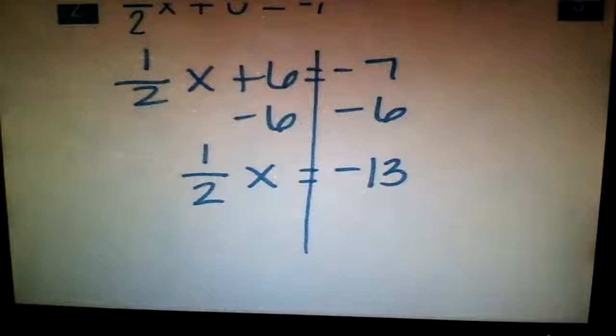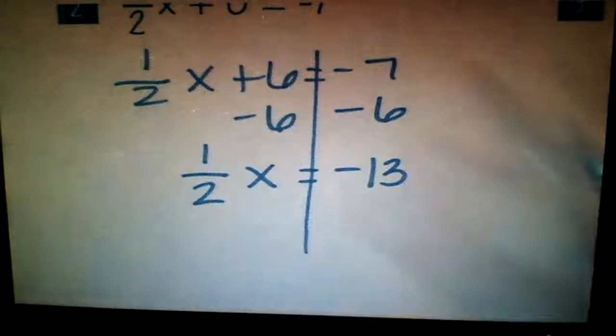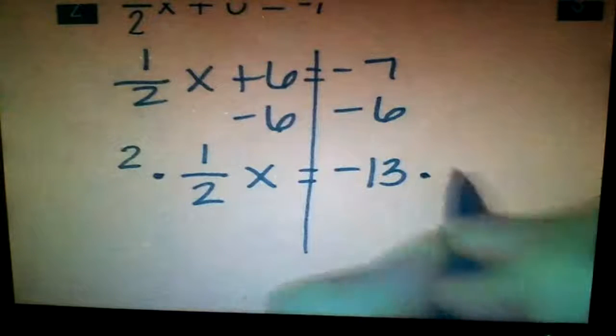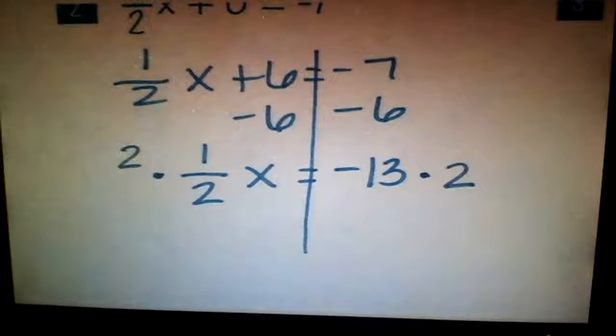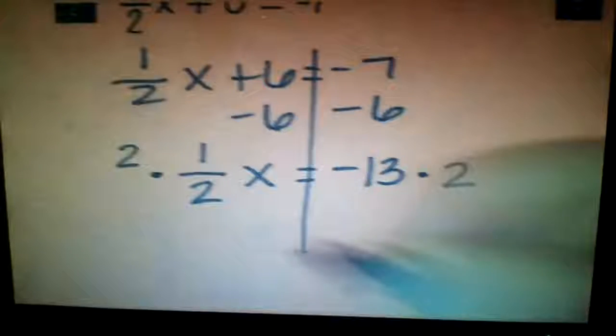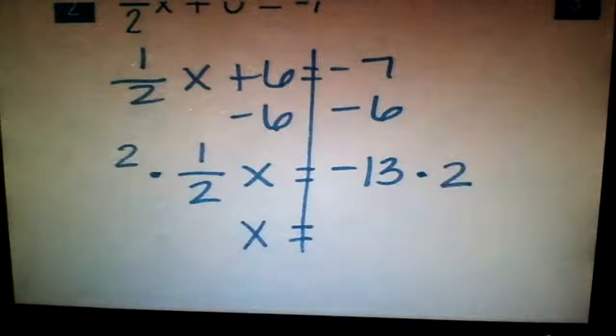I don't care how your brain works. I just need you to get the right answer. How do I get rid of that 1/2 now? Multiply by the reciprocal. So that means I multiply by 2, or 2/1, which is just 2. So I'm left with x equals